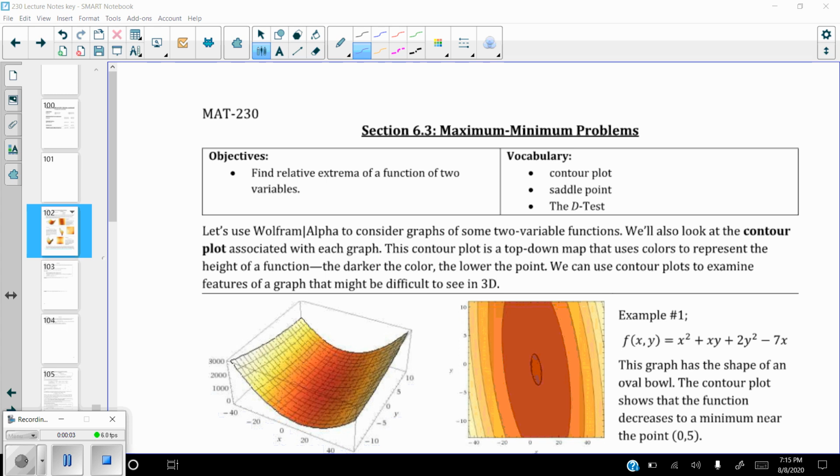Okay, section 6.3, maximum and minimum problems. And you might be saying to yourself, well, we've already done maximum and minimum problems. Yes, but we have not done them with multiple variables, and it does lead into a slightly different type of